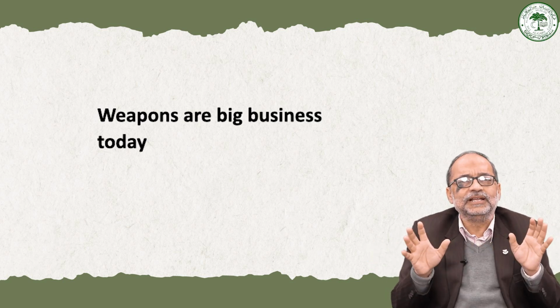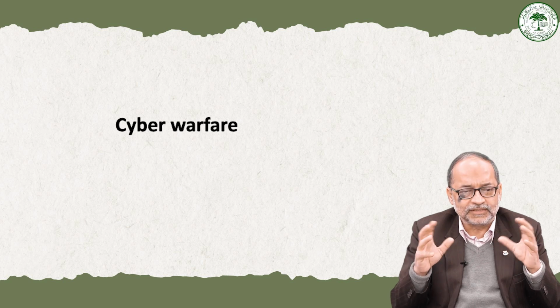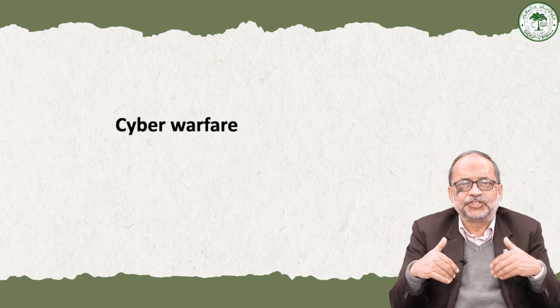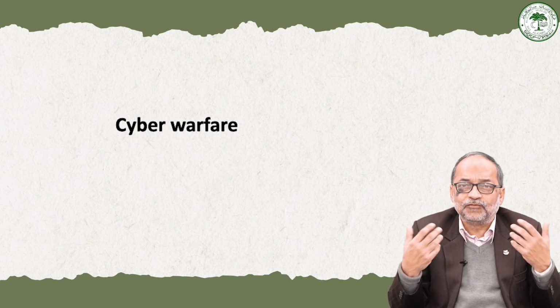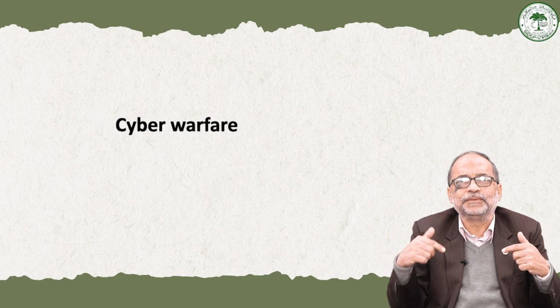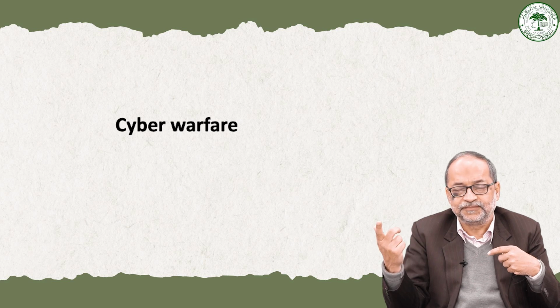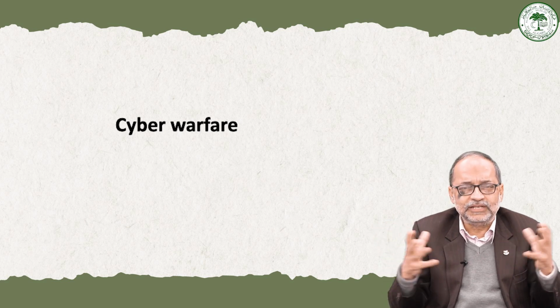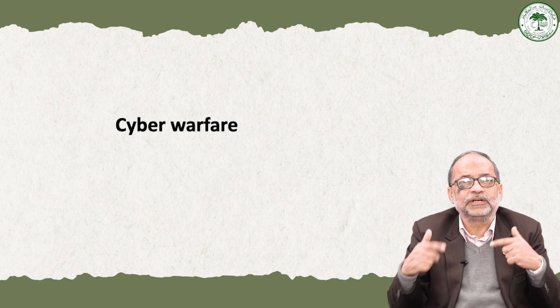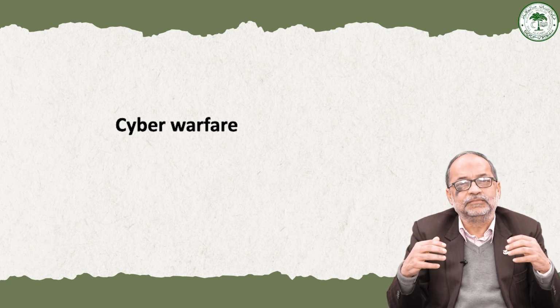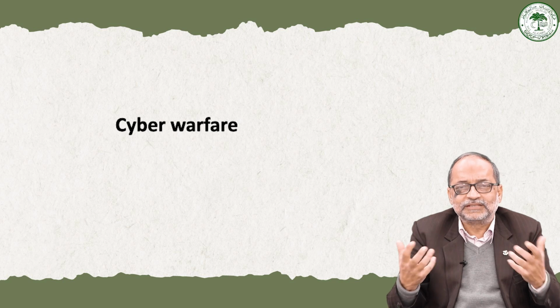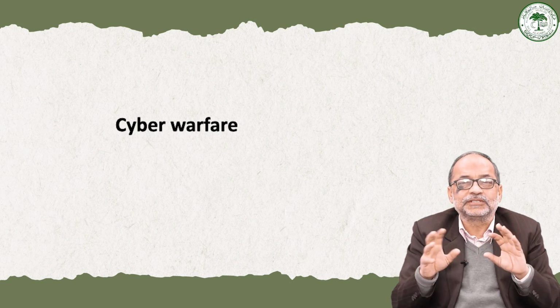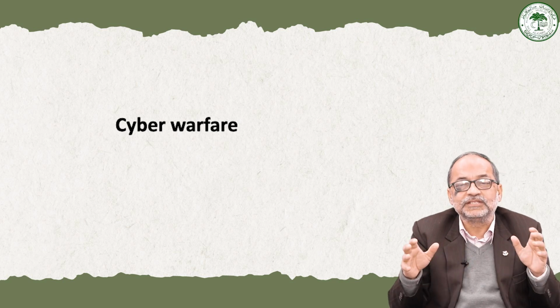So this is the basic idea about conventional weapons, what these weapons are, and how they are changing. Today in the world, we have even cyber warfare, where technology, or computers, are being used to incapacitate or corrupt the computers of the adversary, and all these systems in the army today are operating through computing systems. So thereby your fighting capacity, or your capacity in terms of the operation of your forces, can be neutralized, or can be severely damaged by the use of cyber warfare.